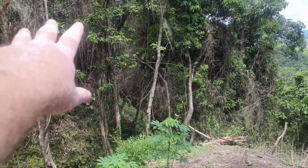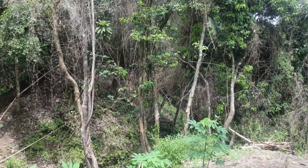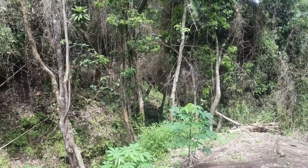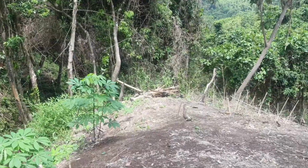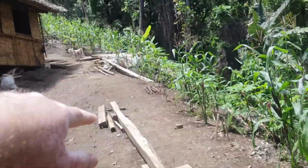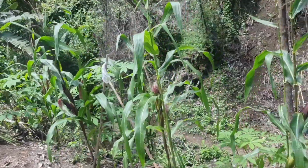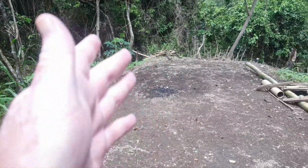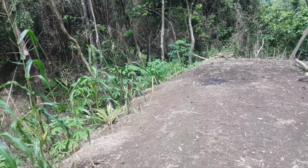Once you've cleared all this wild stuff, leave the trees, but the wild stuff will go. Some of the hanging vines will stay because they look really good, but they'll have a view right down the valley from the tea room, which will be here. So you'll come down the mountain, over the creek, down past this kubo, and you'll be met here by the staff. You'll be taken into the reception area where you can have your choice of teas,